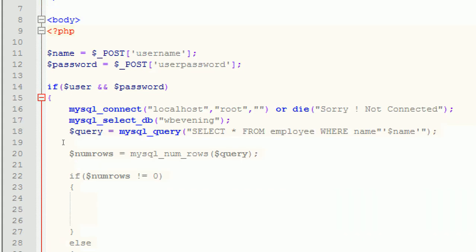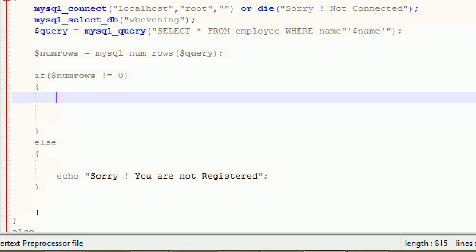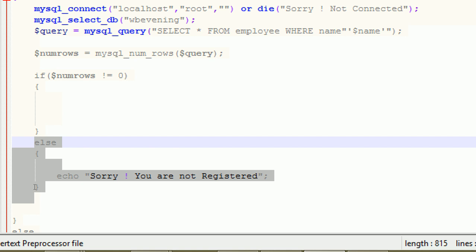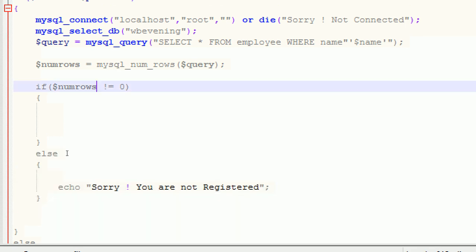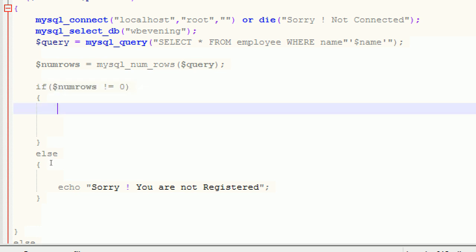Clear? Now, if the condition is false, like suppose you are entering a name and you are not registered on the database, it will show you, sorry, you are not registered, because the query is executed and nothing has been retrieved from the database. But if something is retrieved from the database, it means that number rows has the value 1. So if it has the value 1, then I will execute a while loop. So inside the if condition,